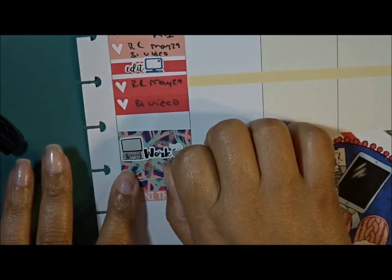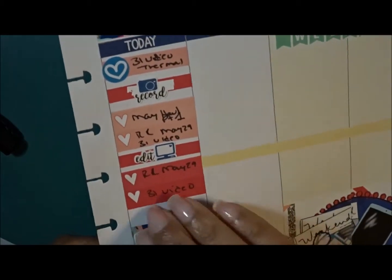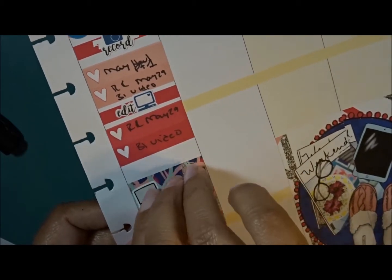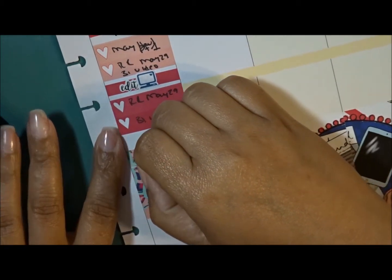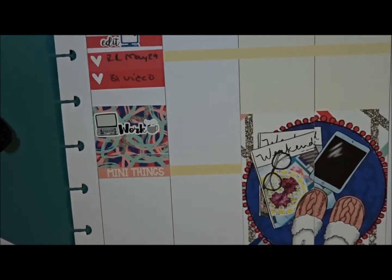There we go. Okay, perfect. And then how about I just move this down just a little bit. And without having any nails, it's a little bit more difficult to work with stuff. You know what? I'm just going to leave it because I don't want to rip it. Okay, so